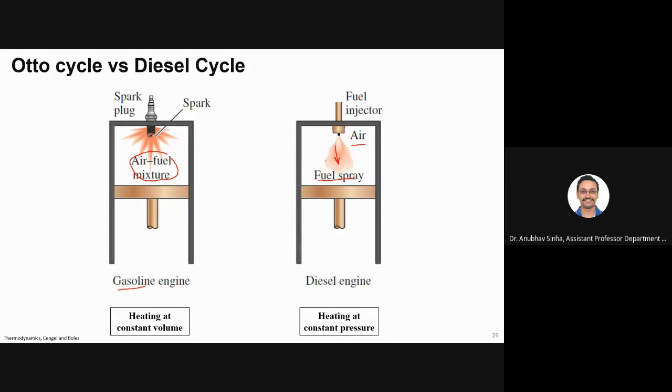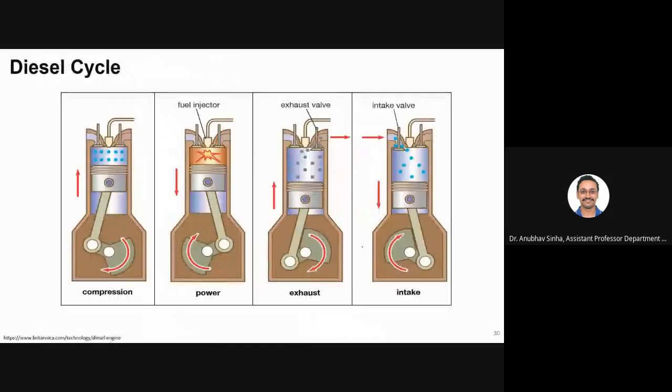Now, when you talk about the ideal cycle, the basic difference is that the heating or combustion process is assumed to occur at constant volume in a petrol engine or Otto cycle, whereas for a diesel cycle, we assume that this happens at constant pressure. So the combustion is happening at constant pressure, and the piston can move. Here the piston cannot move because this is constant volume. Here the pressure is constant, so if you add more heat, you need to move the piston down such that the pressure remains at the same level. Okay, let us now look at the cycle again.